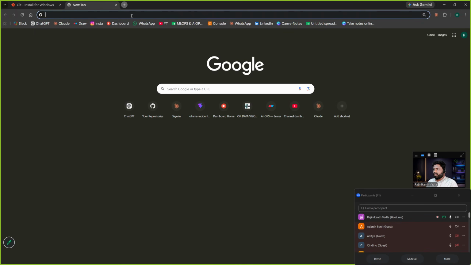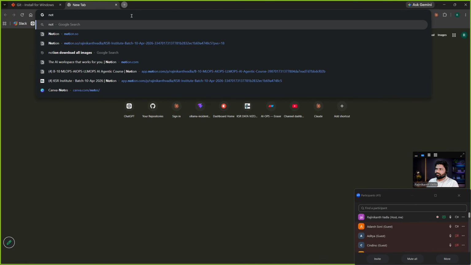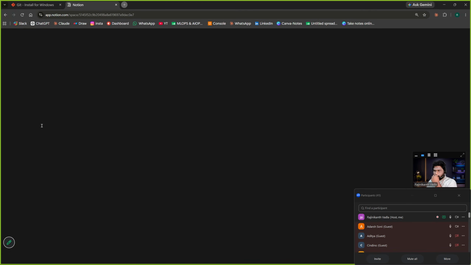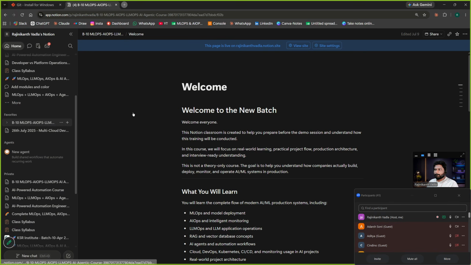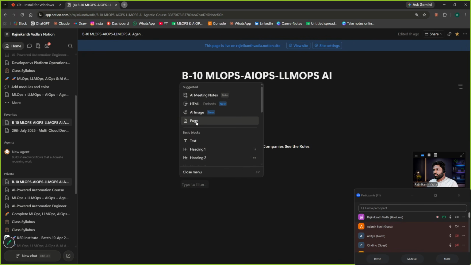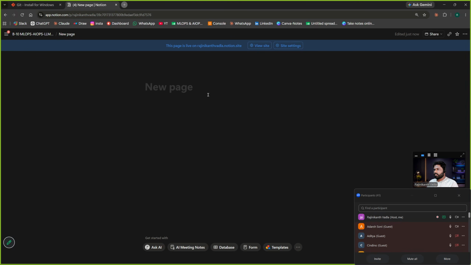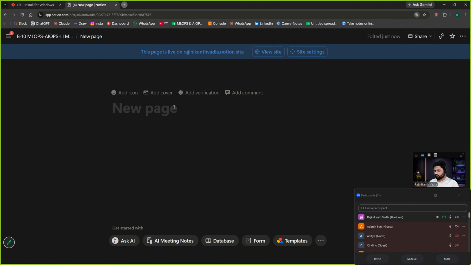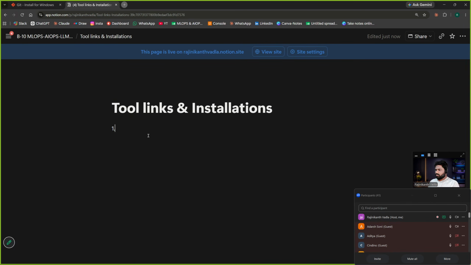So let me also maintain the notes. The first one is Git bash. I will rewrite the notes again.